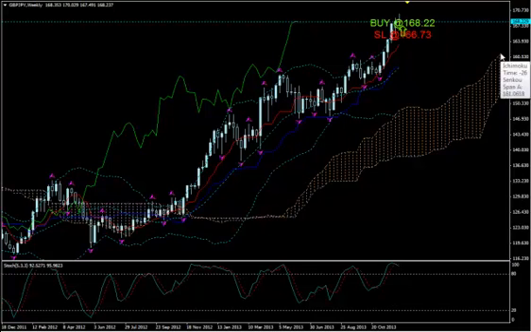Bullish momentum is increasing. There is a definite upward slope for the Kumo. The median Bollinger band is sloping upwards. The price is moving on the upper Bollinger band for many weeks, so everything looks